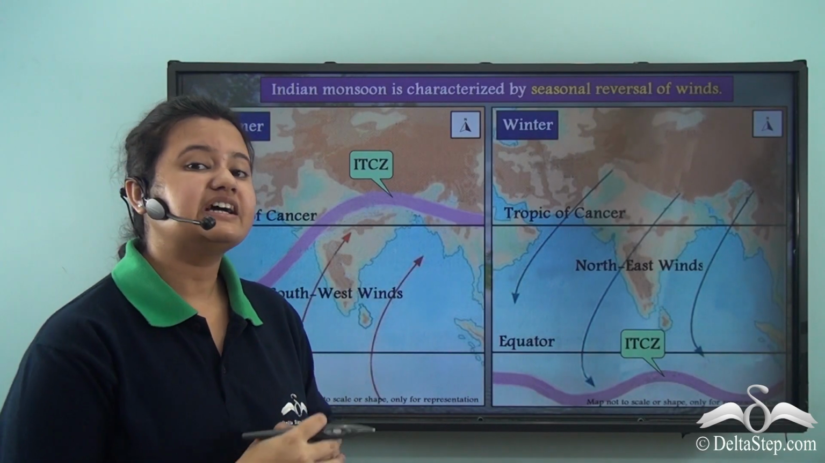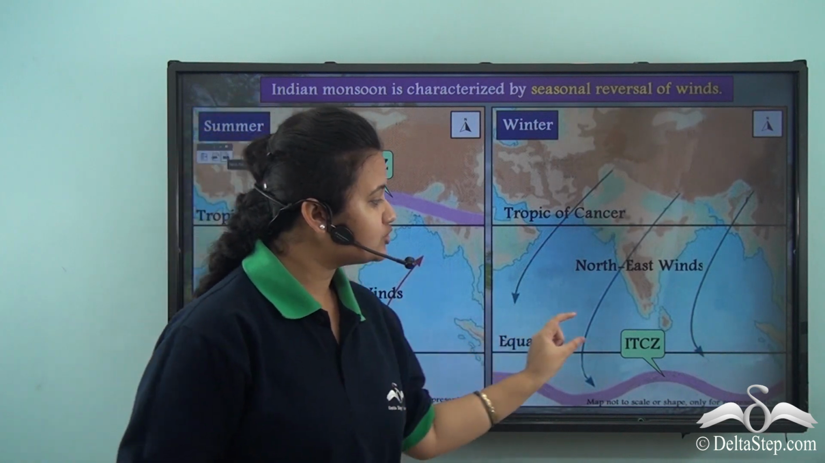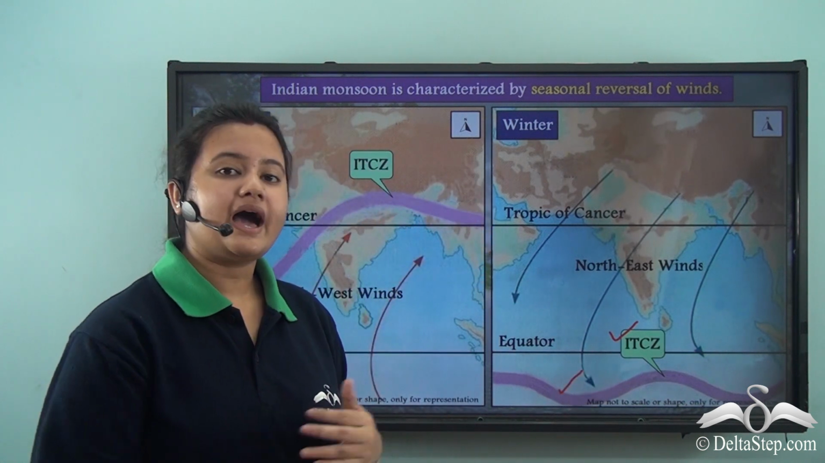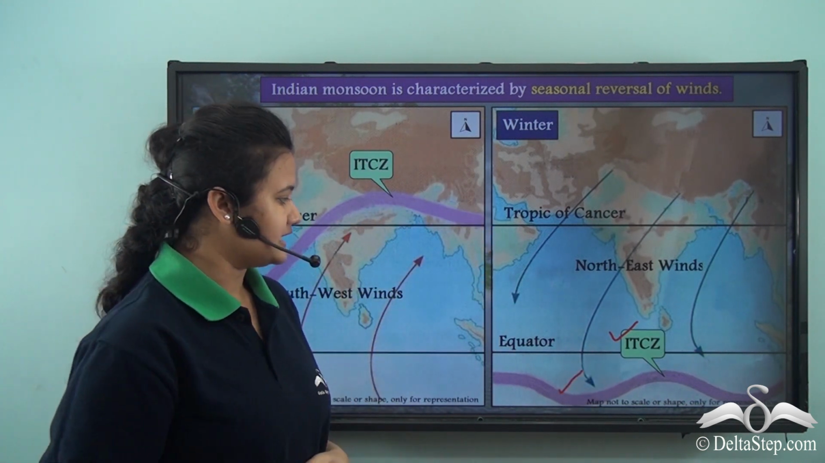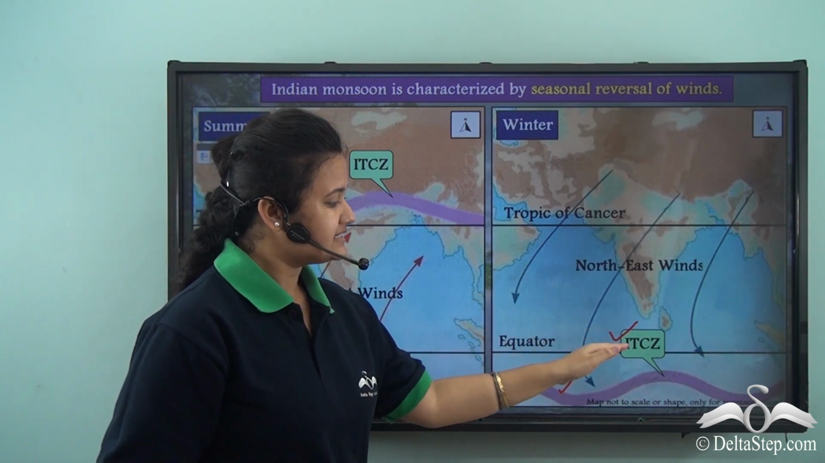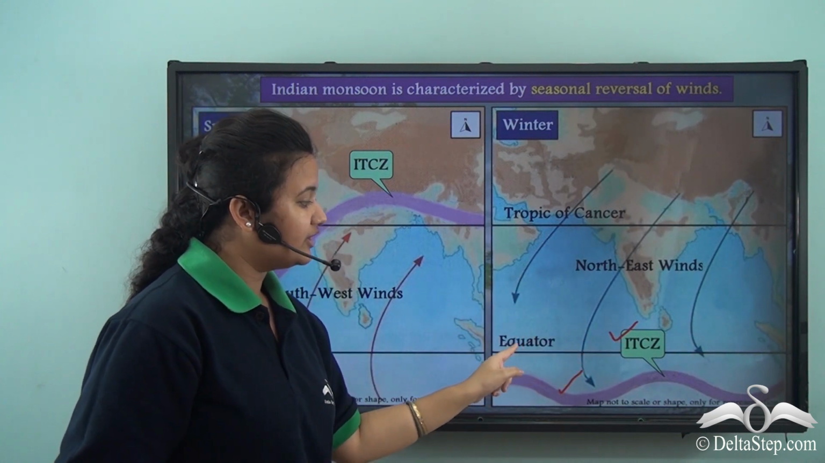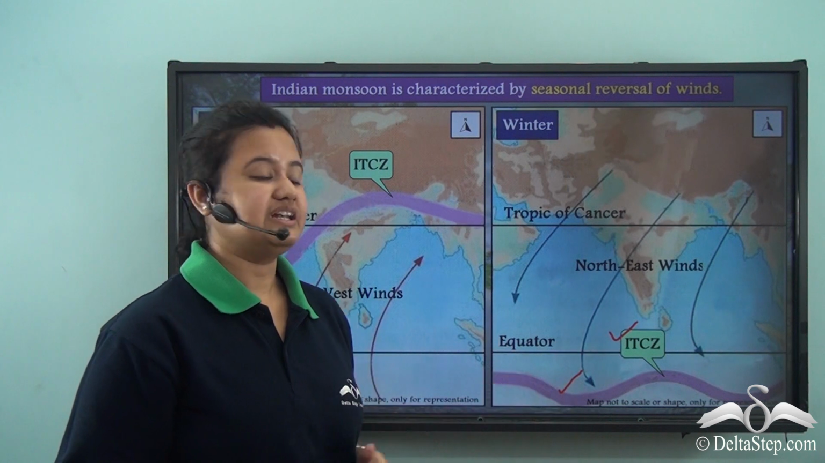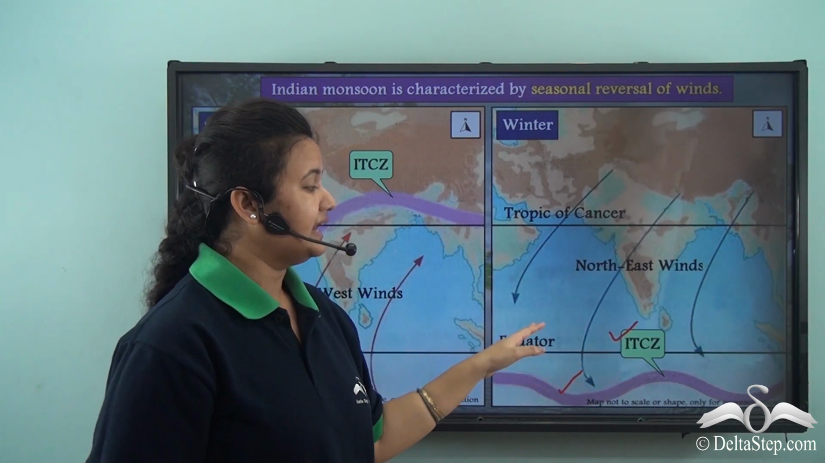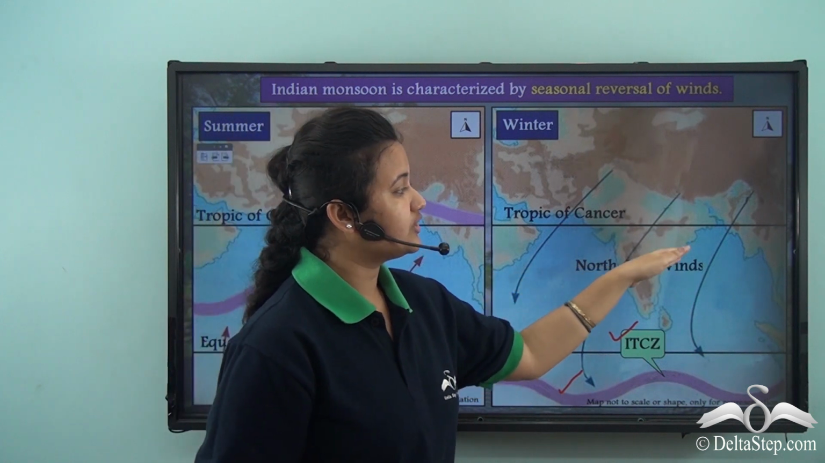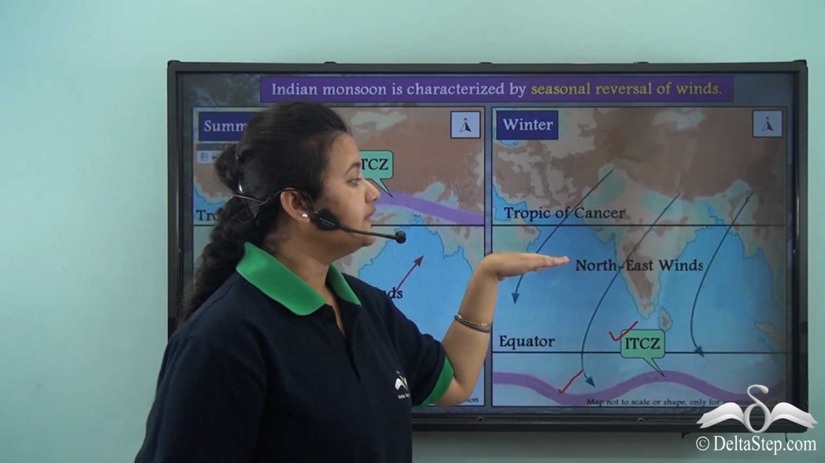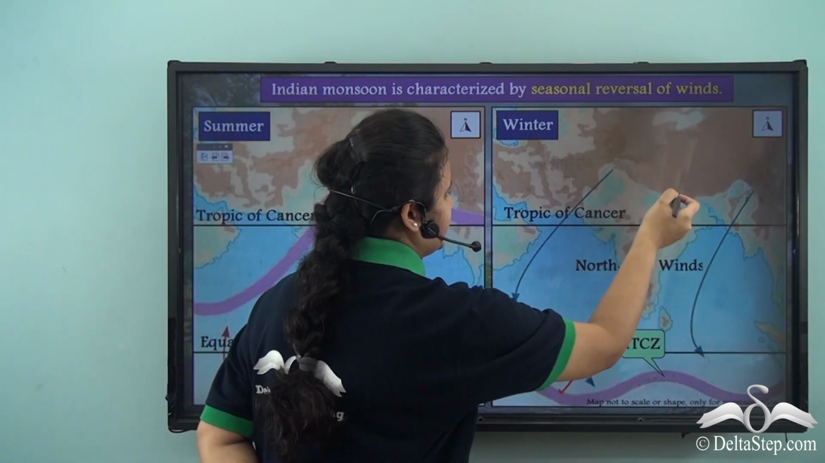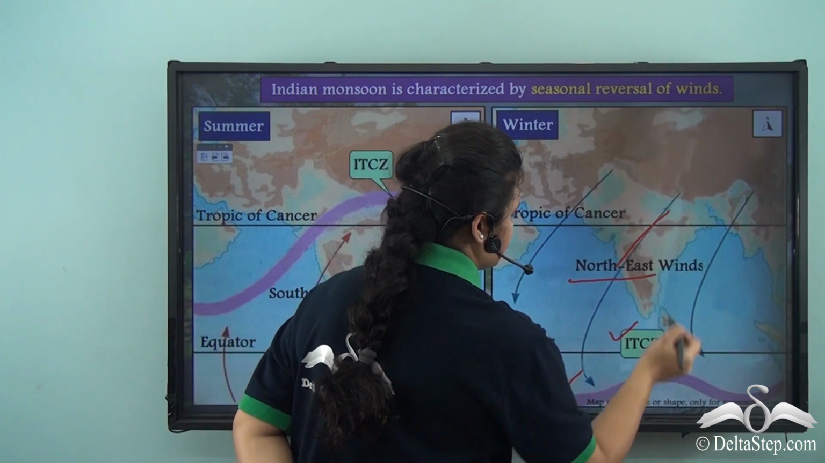Now during winter, the conditions get reversed. The equatorial low pressure region, or ITCZ, shifts southwards due to the apparent change in the position of the sun. And this ITCZ lingers to the south of the equator. Now since here we find that a low pressure region develops over the Indian Ocean, and this attracts the northeast trade winds of the northern hemisphere. So the northeast trade winds blow from land towards the sea and in this direction, that is in northeast direction,